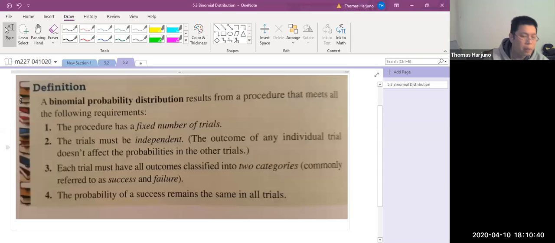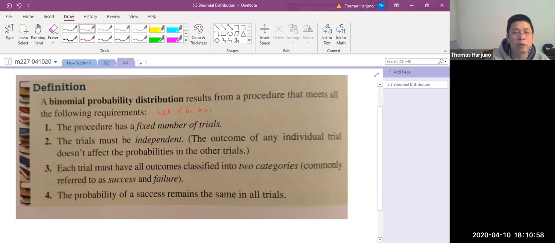A binomial probability distribution results from a procedure that meets all the following requirements. So let's say I write here, let X be